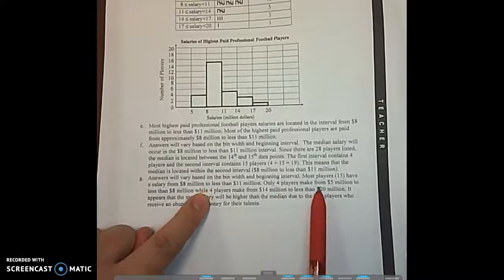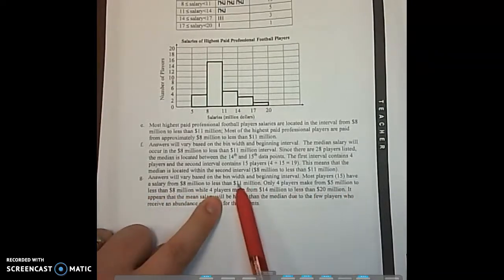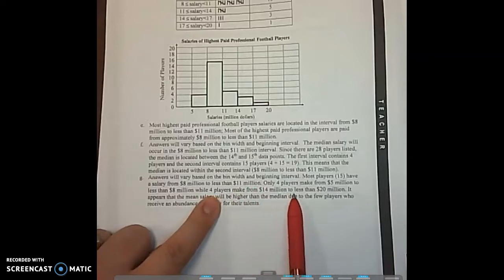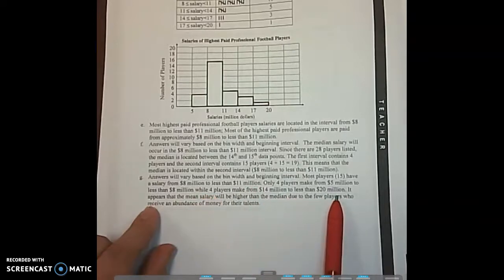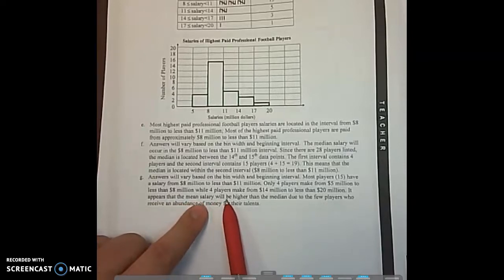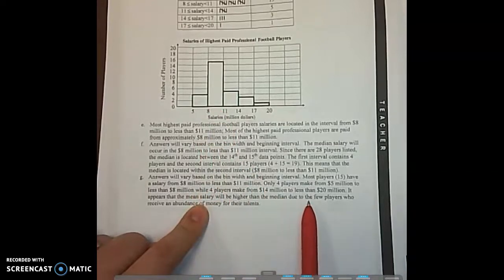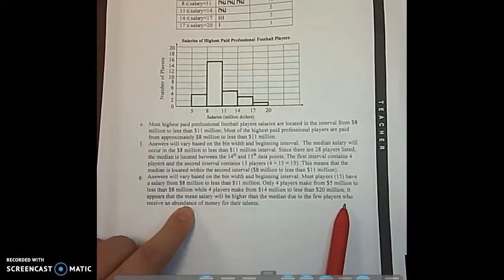Only 4 players have from 5 million to less than 8 million, while 4 players make from 14 million to less than 20 million. It appears that the mean salary, which means the average salary, will be higher than the median, which is going to be 8 to 11, due to the few players who receive an abundance of money